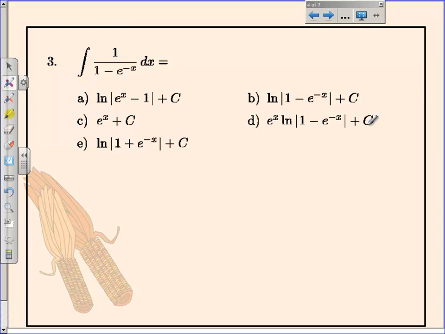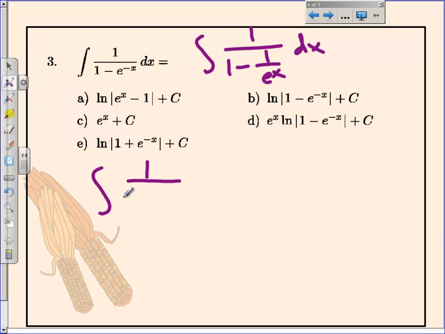Alright, what about a more difficult one? Well, here I've got a fraction, so you might want to think about, is it u prime over u? If you let u be this entire bottom, then there's no way the top is just u prime. So we're going to have to get creative here, and we're going to rewrite this as 1 over 1 minus 1 over e to the x dx. Of course, e to the negative x is 1 over e to the x. I'm going to then make common denominators, so that 1 will become e to the x over e to the x,